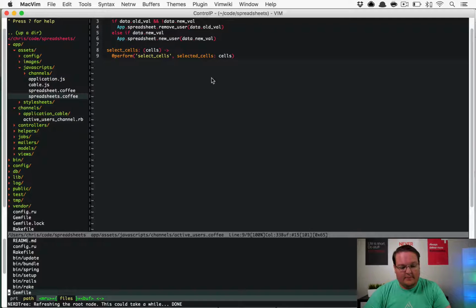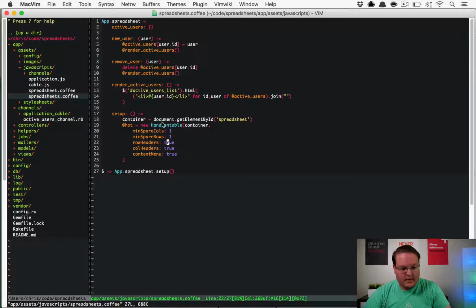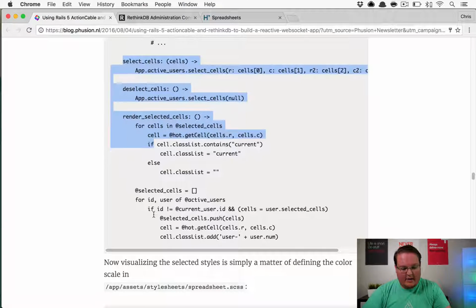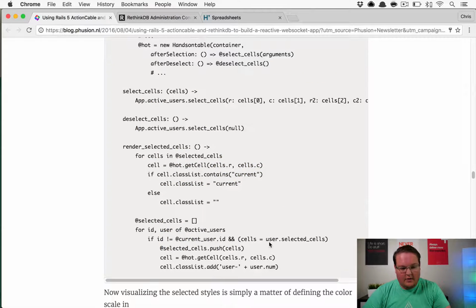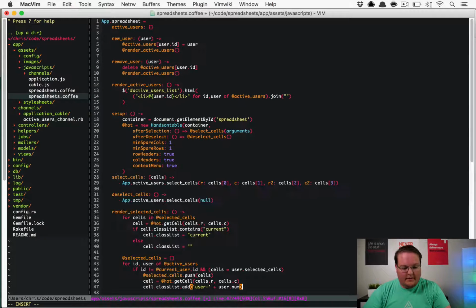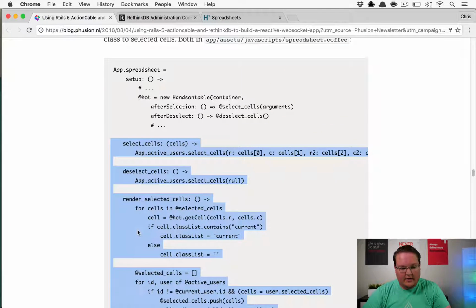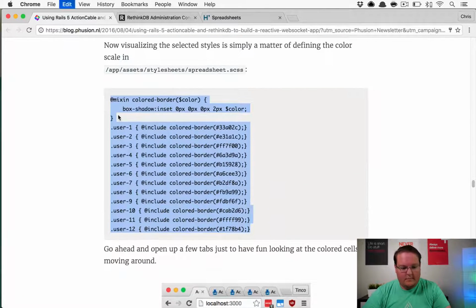So we can go into our Spreadsheets.coffee file and set this in here. So we'll set our two callbacks there, and we'll override the render selected cells. Oh wait, we won't override that one. We'll paste in these three methods. So we'll get select cells, deselect cells, render selected cells. And those will go in there. And then we will have our